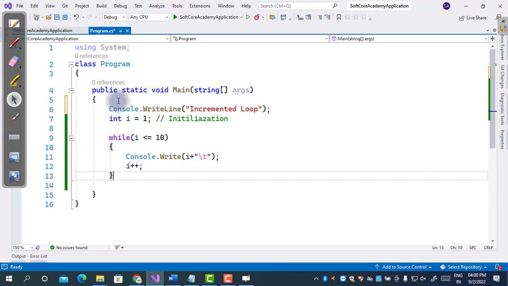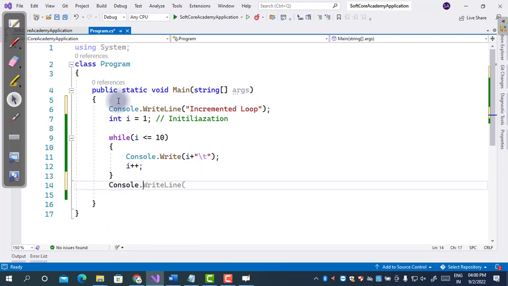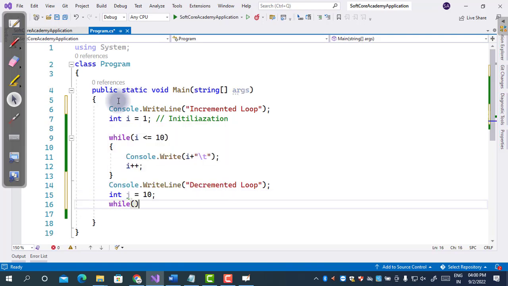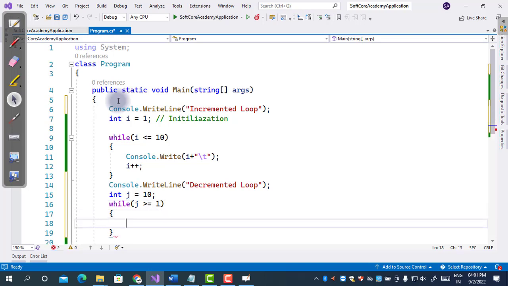In the same way, we can also create a decremented loop which will start from the higher value. That means we will start the number from 10. So in this case, I am again initializing the variable j to 10, and while j is greater than or equal to 1, we will print the value of j.